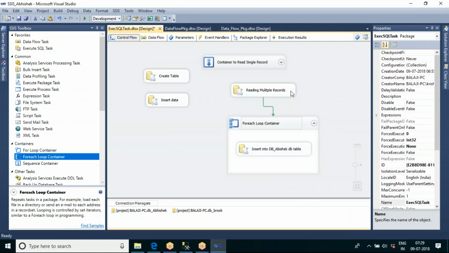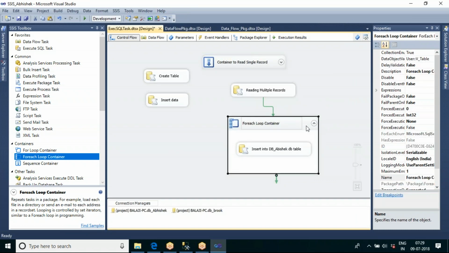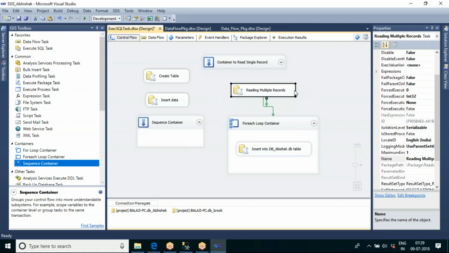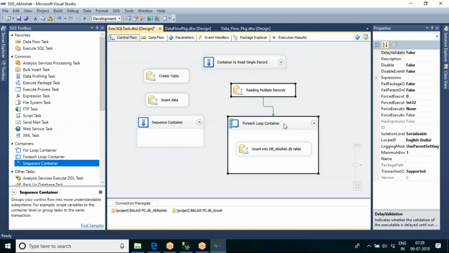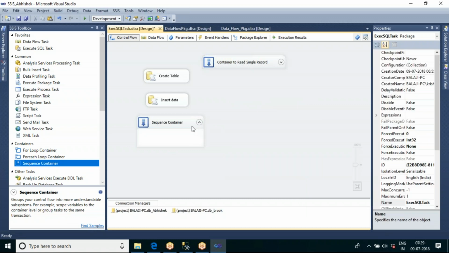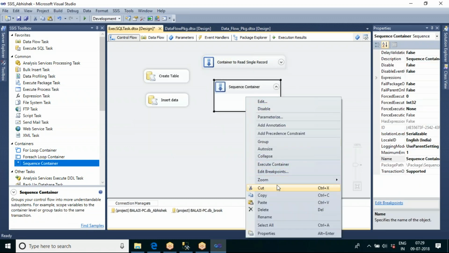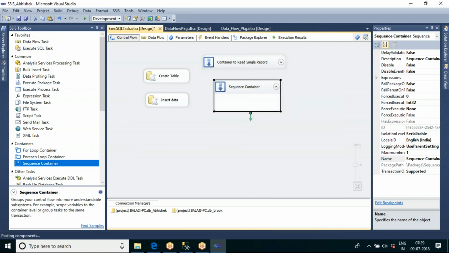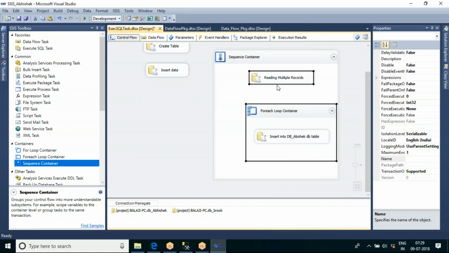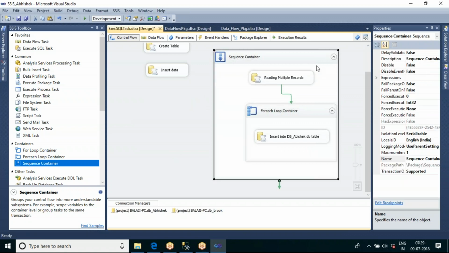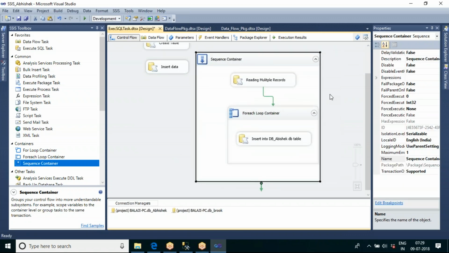Now if we want to execute these two as a single unit, then put them inside a sequence container. I want to execute this as a separate unit.